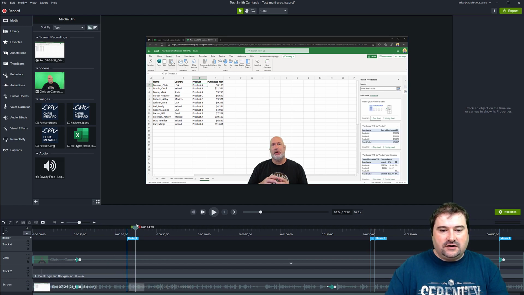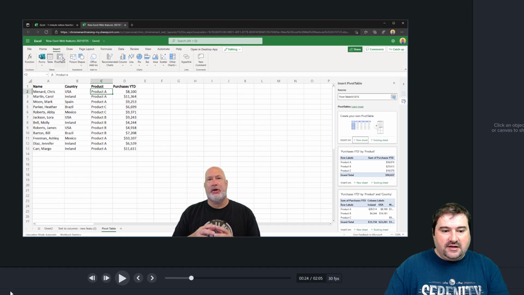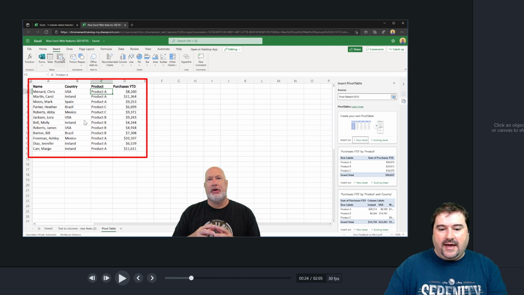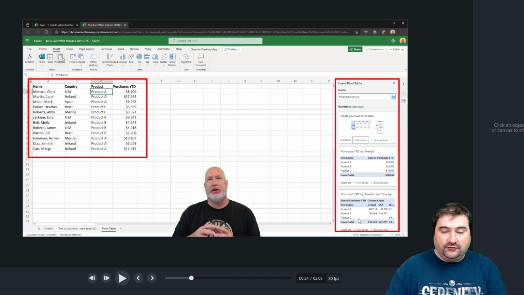As you can see here on this particular area, you have the information on the left that must be shown, which is the data that's being worked on. And on the right side, you have this panel with information that also must be seen. There's this big area in the middle of the screen that is not necessary for this particular example.